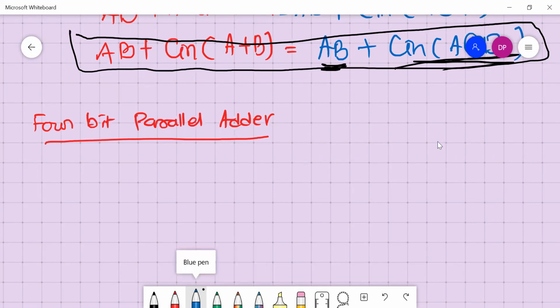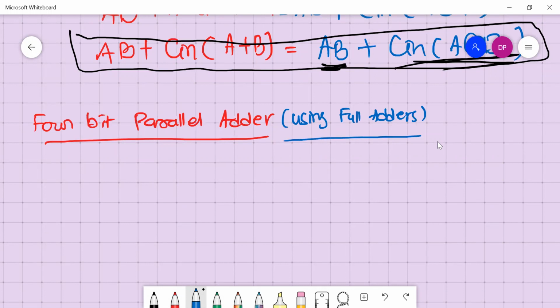Let me mention it here: using full adders. So we have used half adders to make full adders, and we'll make this 4-bit parallel adder using full adders.